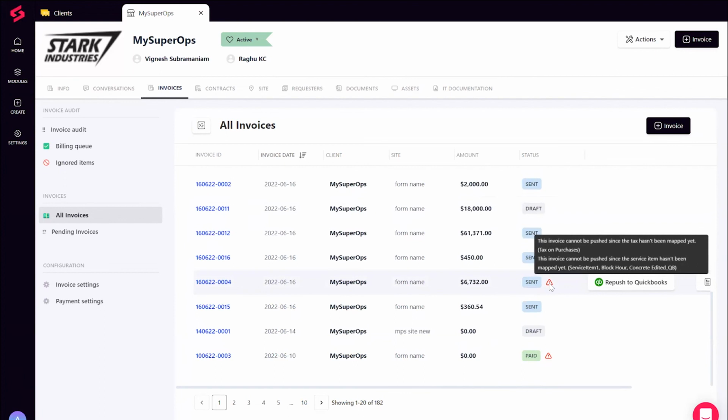So everything has become DIY, straightforward and automated in SuperOps.ai, from having your contracts, items, creating an invoice, and syncing with your bookkeeping tool so that your taxes are reconciled without any issues, right? So that's exactly what we have rolled out. So we believe now any MSP who would like to log work, raise invoices, sync it with your bookkeeping tool should be sorted, and also do it with ease compared to how they are doing